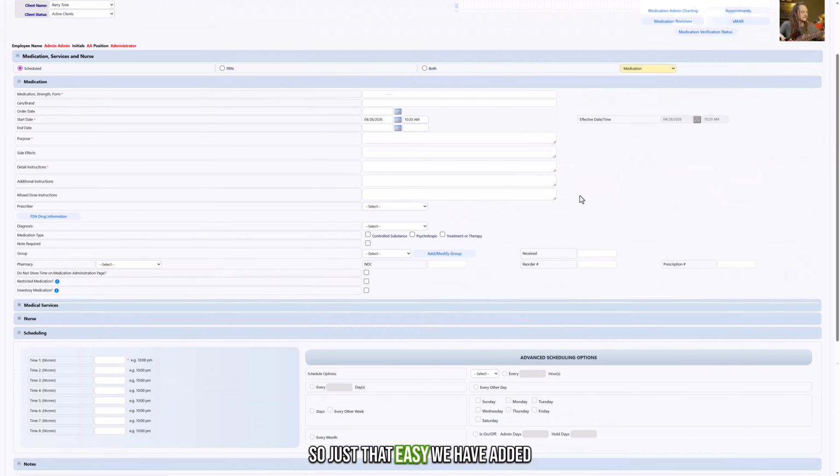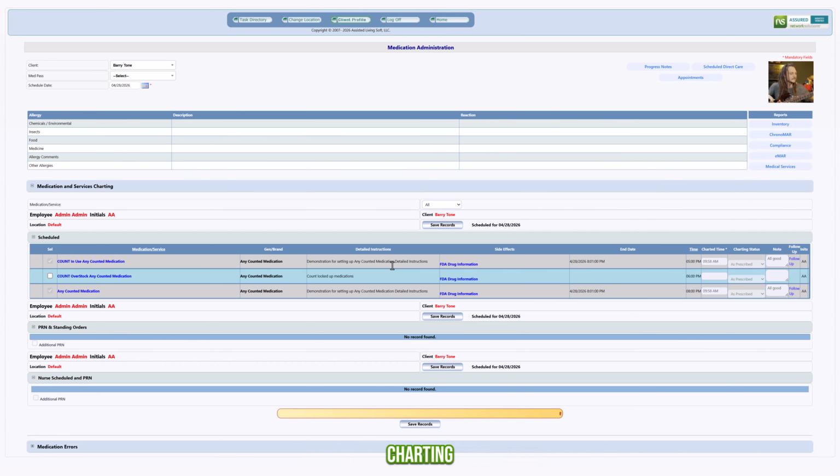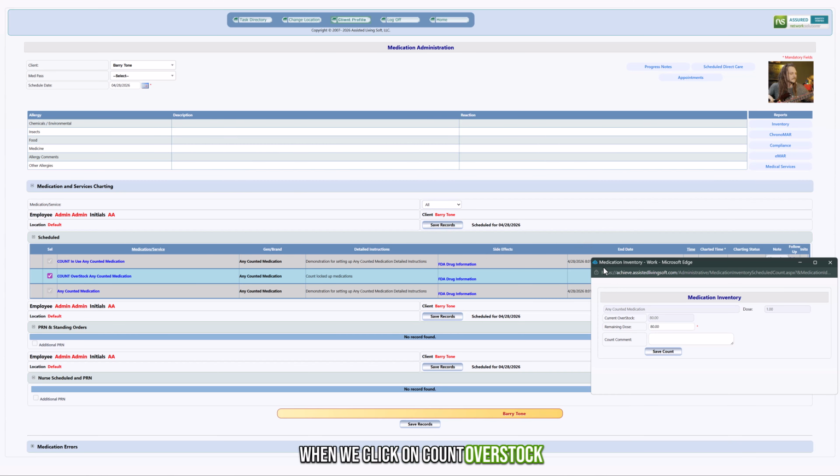So just that easy, we have added another variant of counting in here. We'll go back to medication admin charting. And now you see count overstock any counted medications. So now when we click on count overstock,